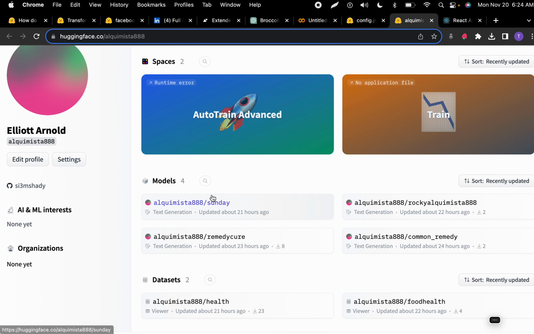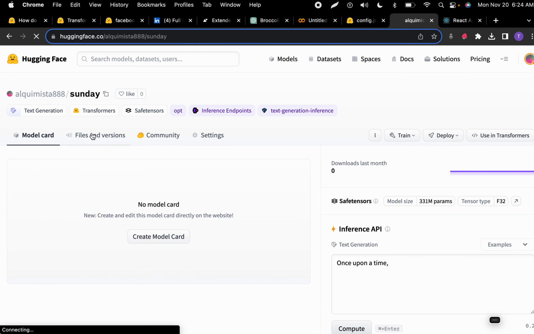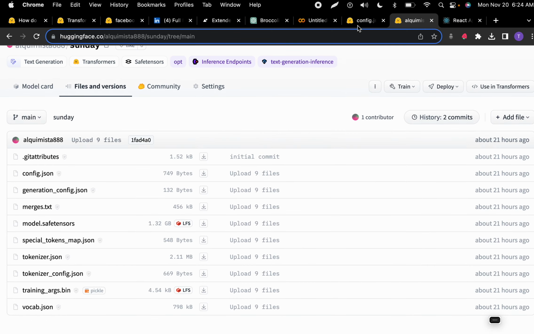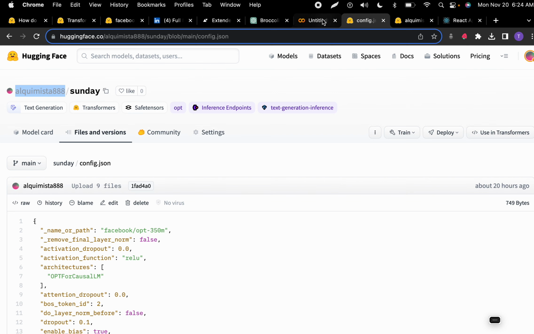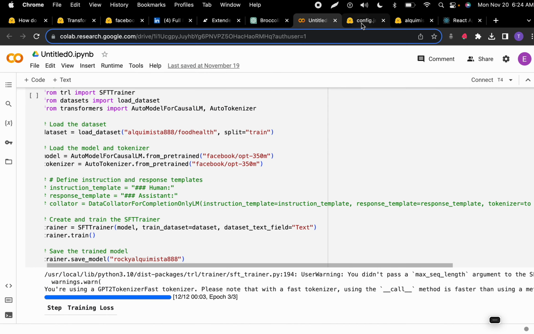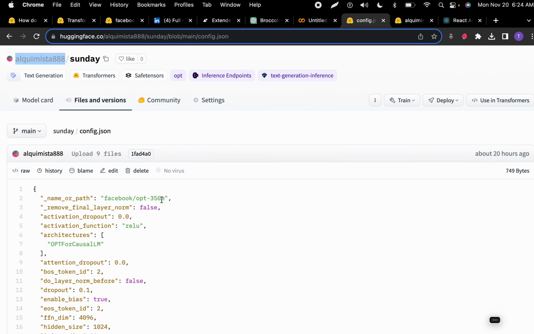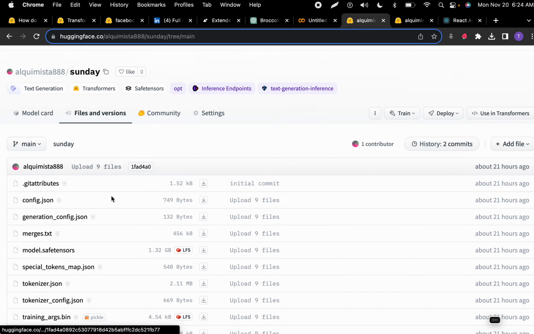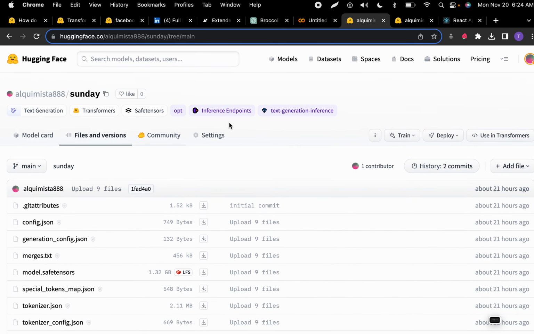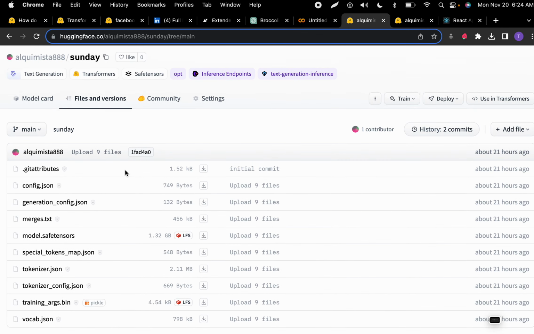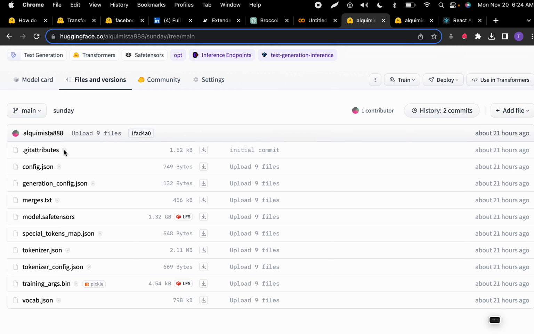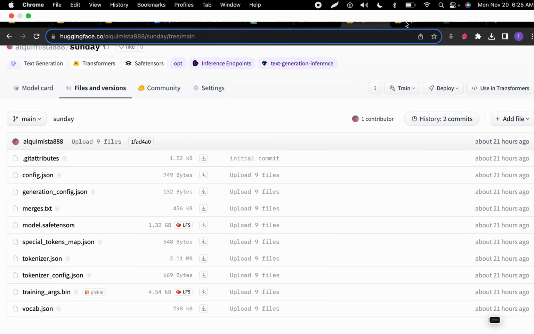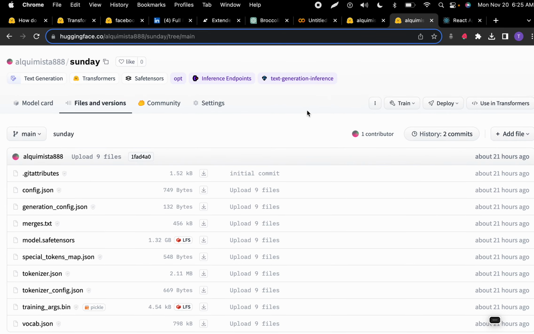So I have a couple of models here. I'm still a little new to this, but once you get done with this entire process in Colab, you'll get a language model, all the files needed for your model, like in here. I just did this yesterday, 21 hours ago. All right, so you get all this, and once you have all that, you're able to